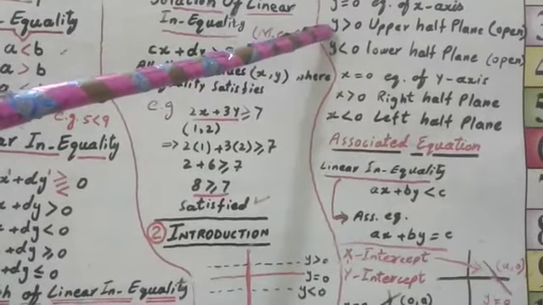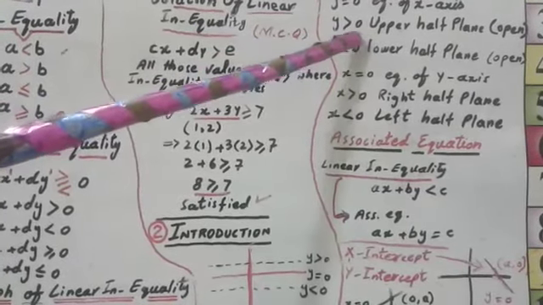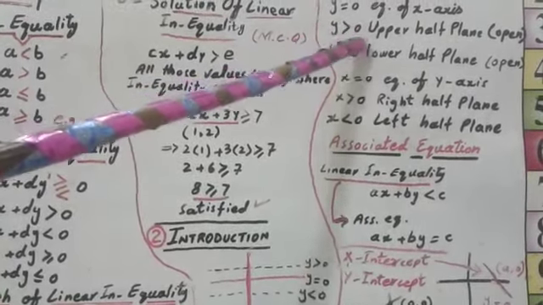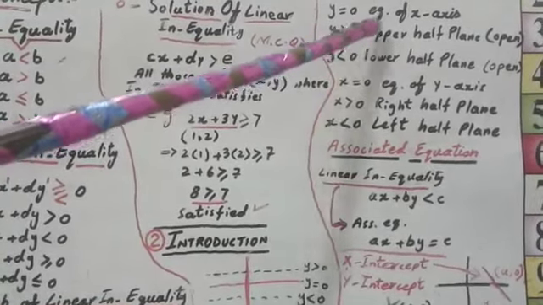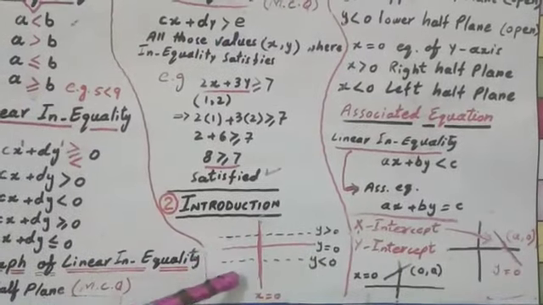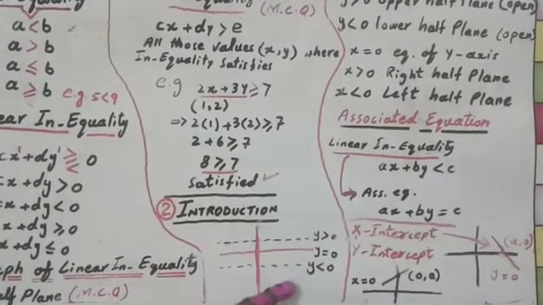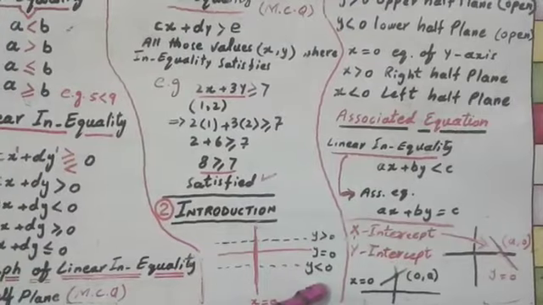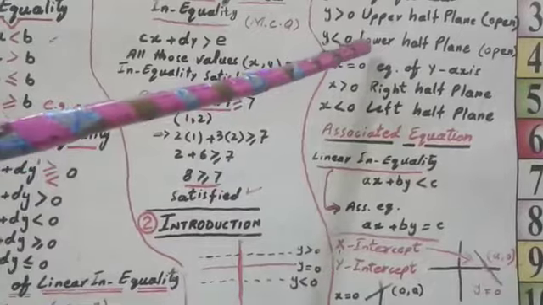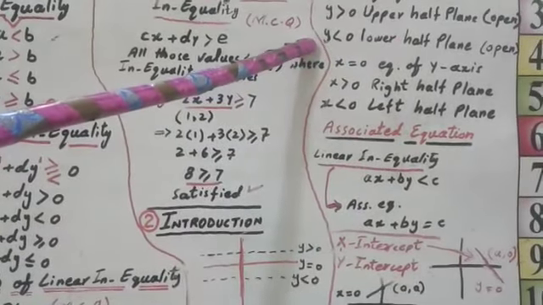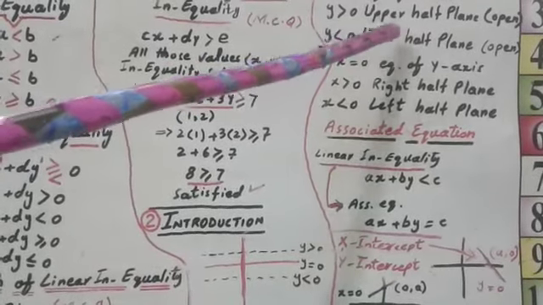But if it is written as y is greater than or equals to 0, with an equality sign along with the greater than sign, then it is known as closed upper half plane. Below this horizontal line, there is also some value of y, but on the opposite side. This is written as y is less than 0, called lower half plane or open lower half plane. But if it is written as y is less than or equals to 0, this is known as closed lower half plane.